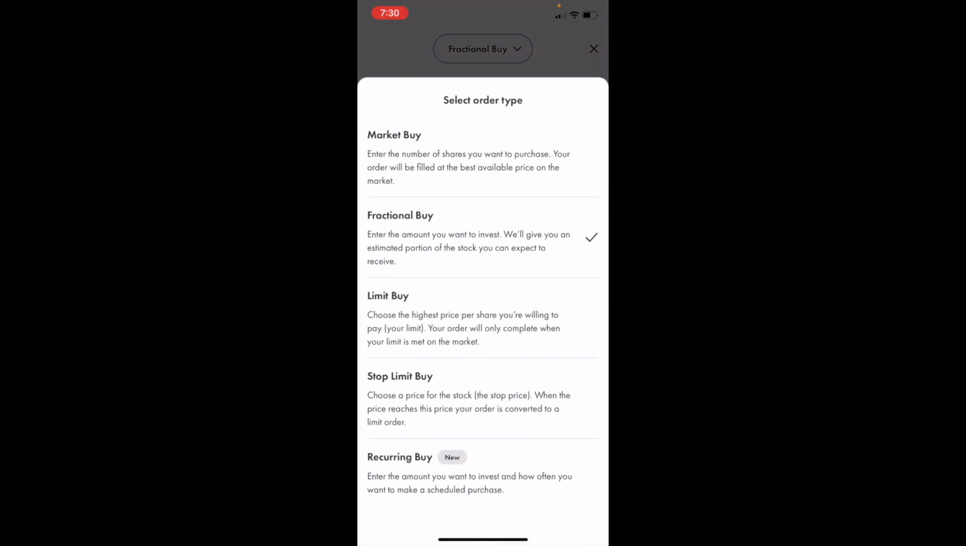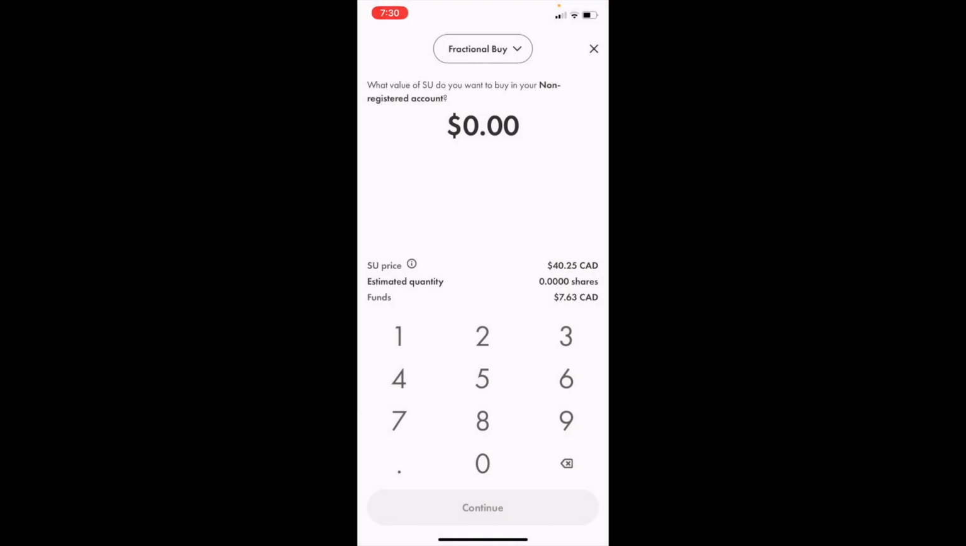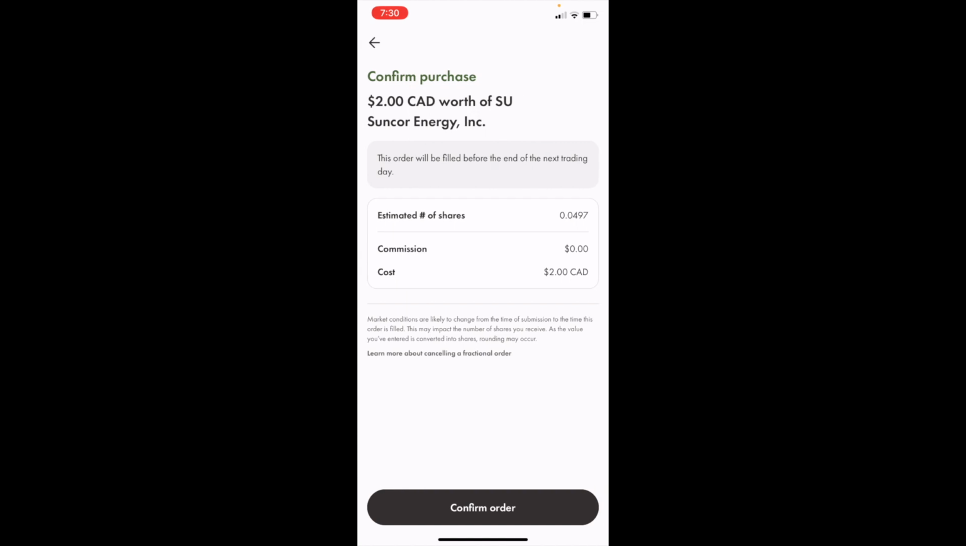I press on that, then go to market buy, limit buy, stop limit buy, or recurring buy, whatever you guys want. I will just stick with fractional buy for this example. I will do $2 for this example as well, and then press continue. And pretty simple. To confirm your purchase, just go to the bottom and press on confirm order, and there you